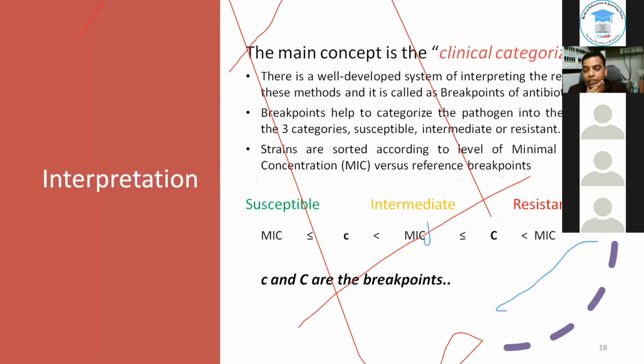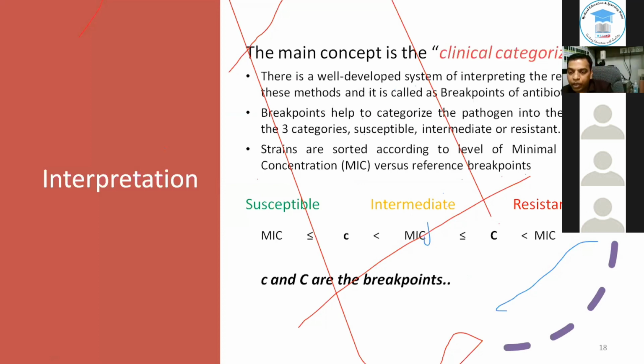Second, now as we say, we discuss the methods. This method gives us results either quantitatively or qualitatively in terms of MICs. Whatever results we get, we correlate with the breakpoints to interpret it as sensitive, intermediate, or resistant. Say for a particular organism, the breakpoint by guidelines is capital C, and if the MIC that we obtained is